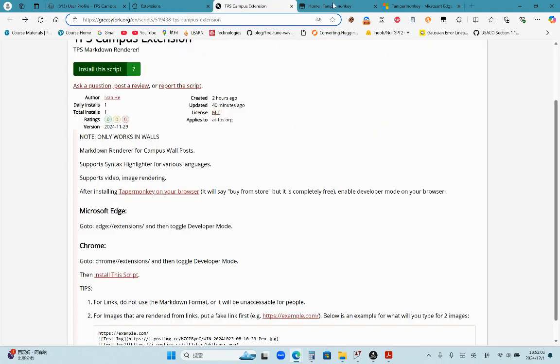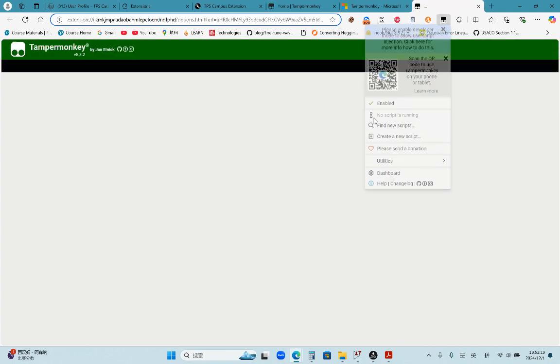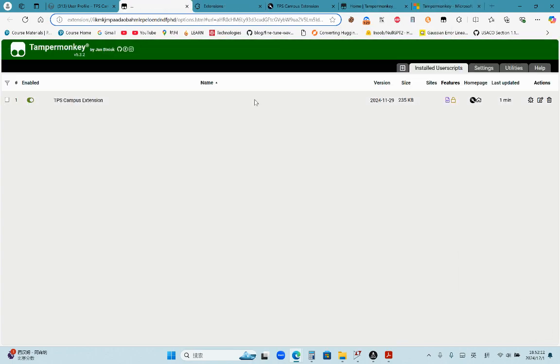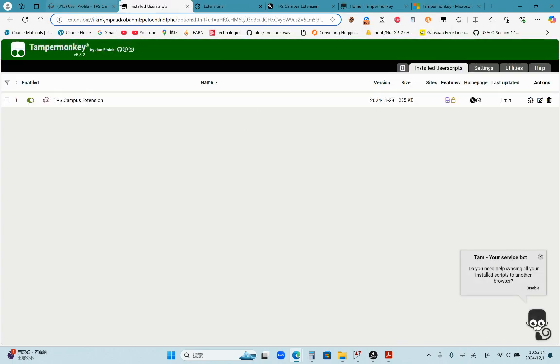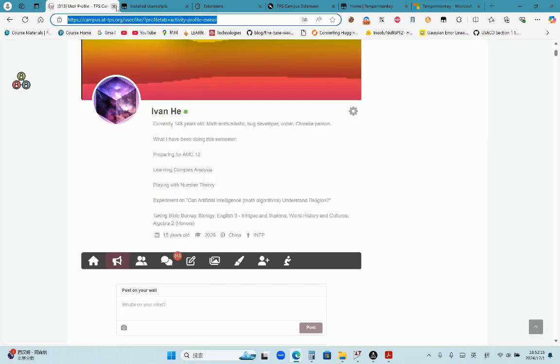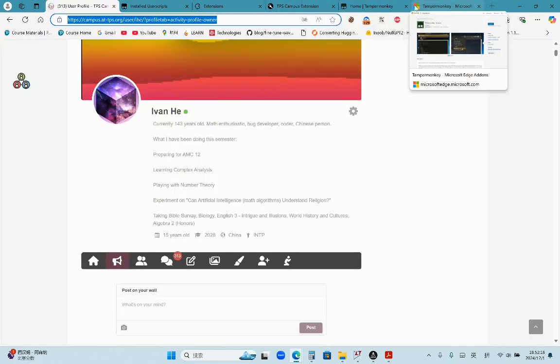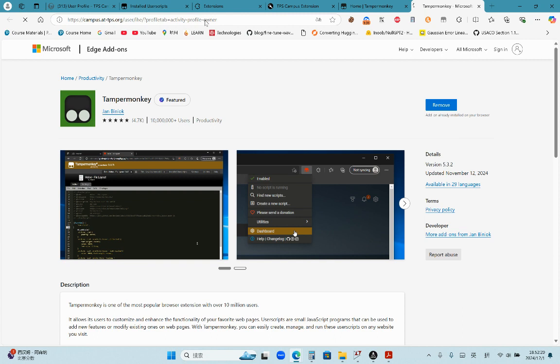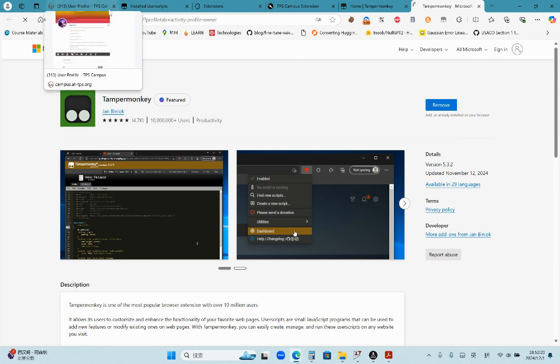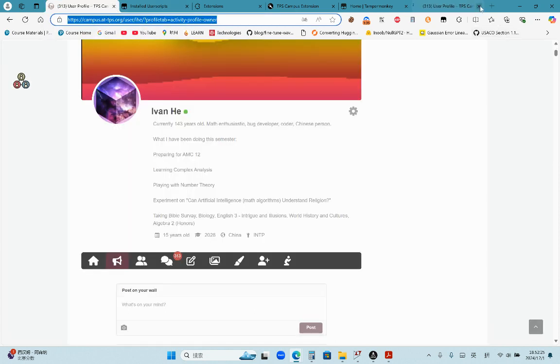Now I think I need to refresh the dashboard page here. Yeah, so then you need to copy this and go to create a new tab, or maybe you can just copy a tab, duplicate tab,